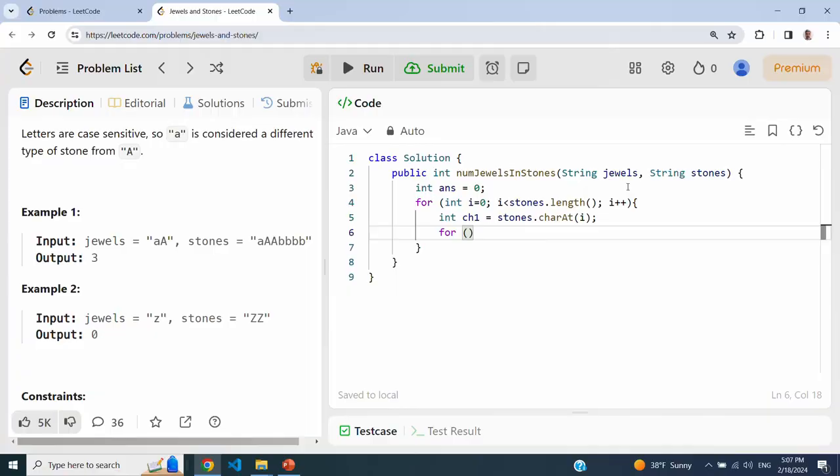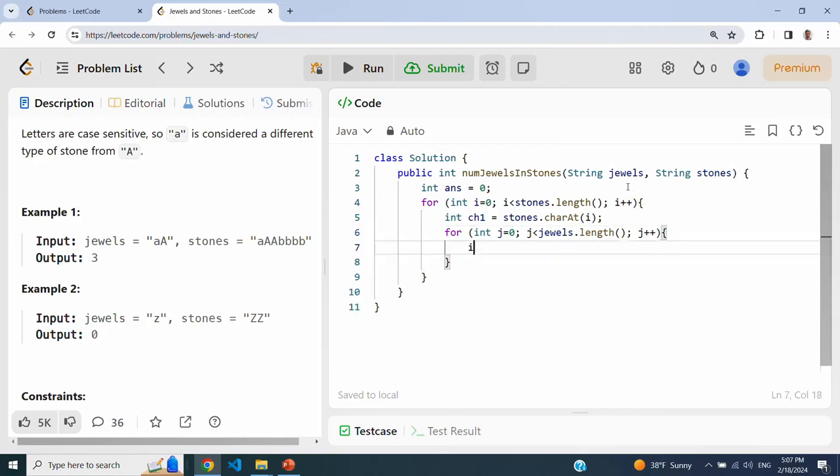So let's do this. For integer j going from 0 to jewels.length, j++. The other character, ch2, is jewels.charAt(j). So we just compare if ch1 is equal to ch2.